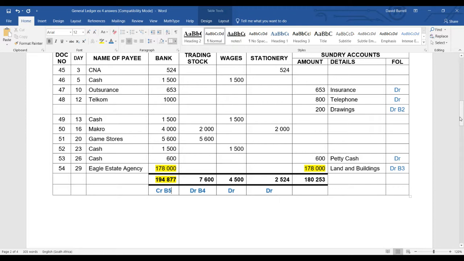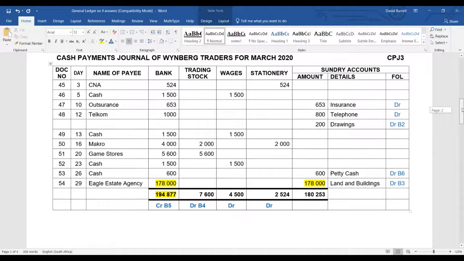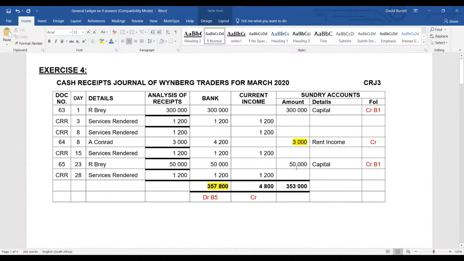And then the only other current asset we have, so the only other account in the balance sheet section, is petty cash, which is over here. So that has to be B6. Then you would go down that list on page 48 and look at the accounts that go into the nominal section. You would start with sales and cost of sales. We don't have either of those in this exercise. We haven't seen them in our previous exercises on the general ledger either. So, the next one you would have would be current income. In fact, that's going to be our first one that we'd find in the cash receipts journal. That's going to be